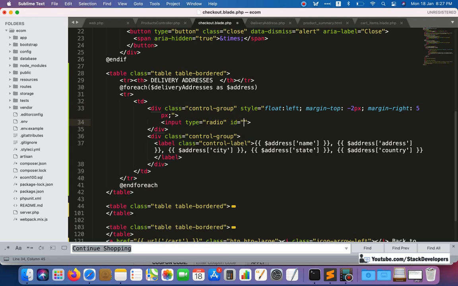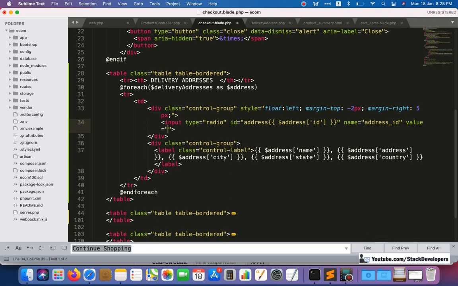ID we are going to give its ID like address ID, which is unique, and name we are going to make it address ID as well. Later on we will change if we require to change.